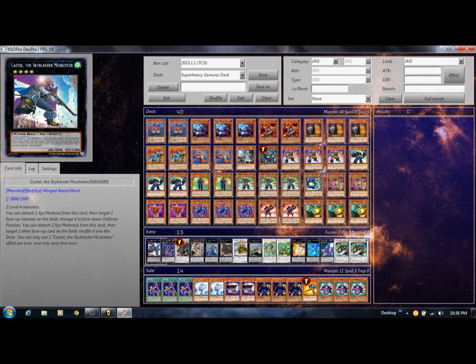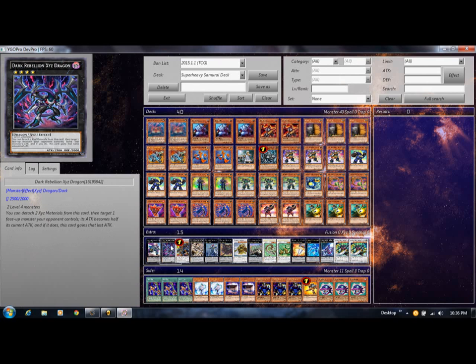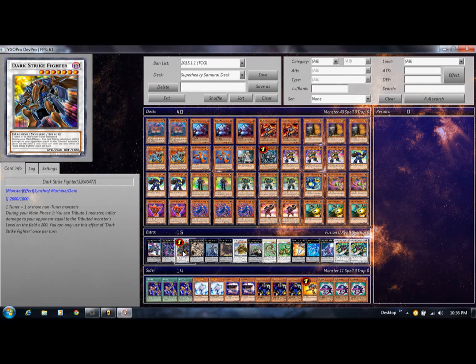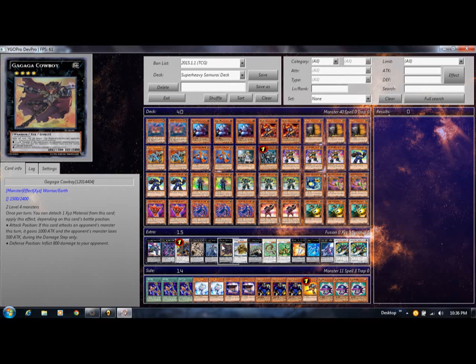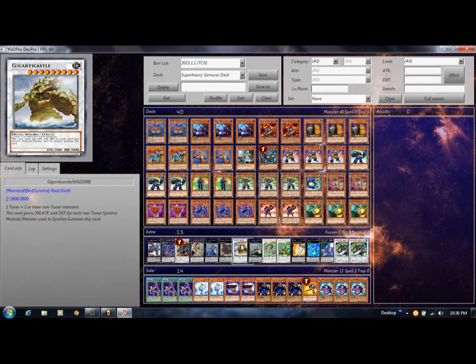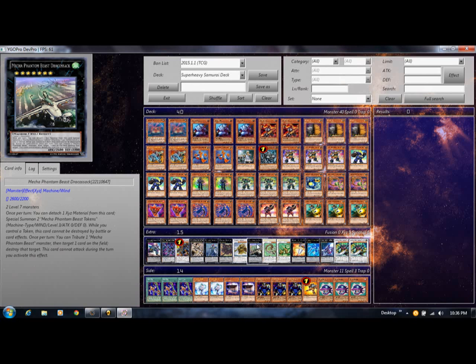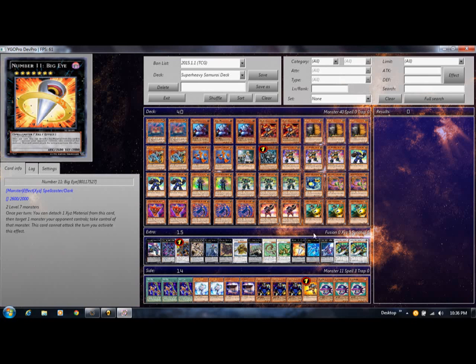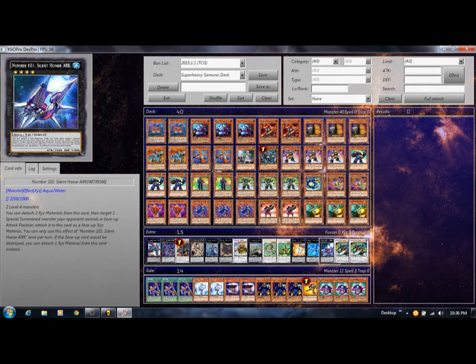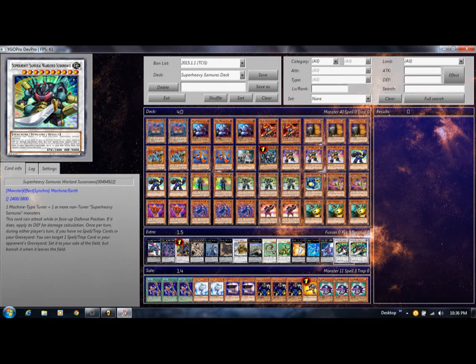And of course, we have what we need. We need Castell, we need Dark Revelation, or Dark Dragon Exceed, Dark Strike Fighter, Divine Dragon Knight, Exciton Knight, Gaga Cowboy, Gigantic Castle, Dracosac, Barkion, Notoria Beast, Big Eye, Nightmare Shark, 101 Shark, and the new additions that came out is Super Heavy Samurai Warlord. I'm not going to pronounce the last part of his name because I am not good